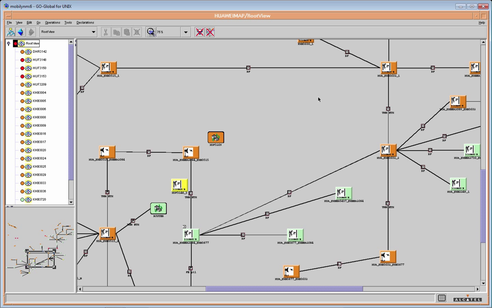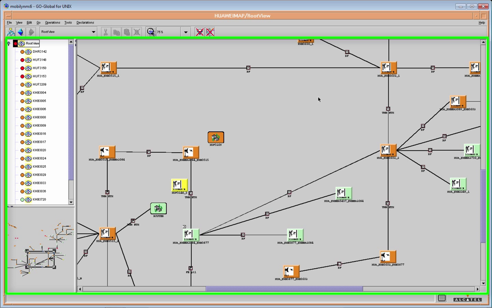application main window. This is a topology view application main window. It's divided into 4 work areas. You have the menu bar on top. You have the tools bar just under the menu bar. You also have the working area, which is divided into 3 parts. You have the tree area on the left,